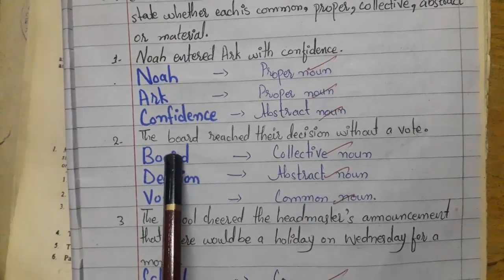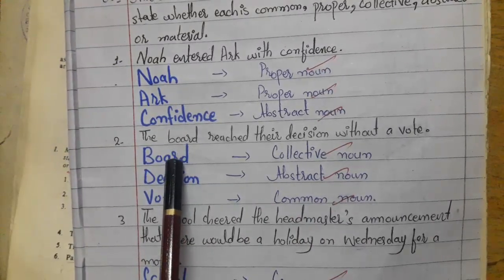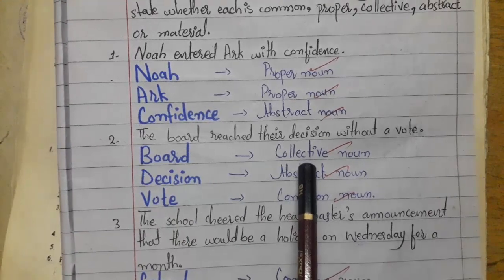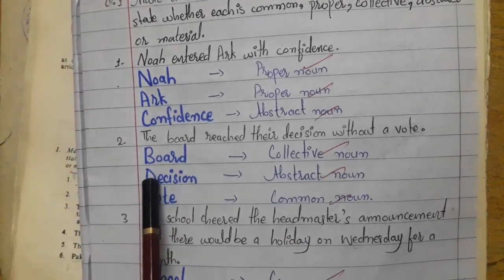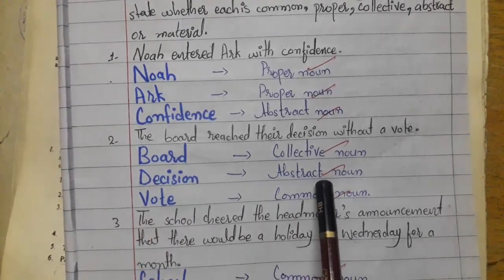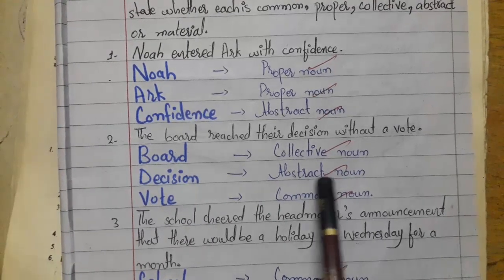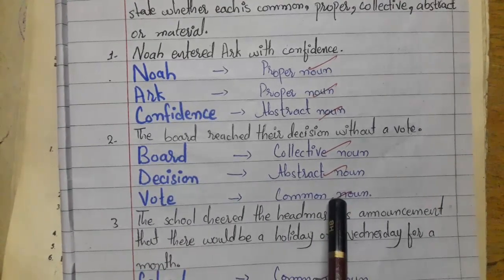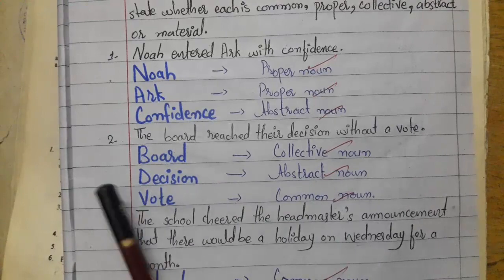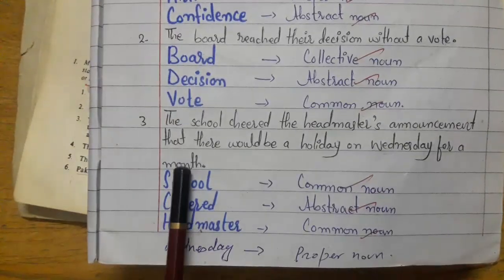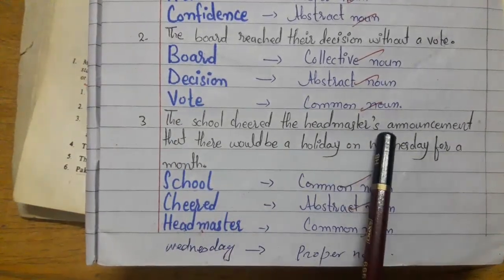Here, board consists of a number of people, so board is a collective noun. Decision is an abstract noun, because we cannot touch a decision, we can only feel it. And vote is a common noun. And the third one: the school cheered the headmaster's